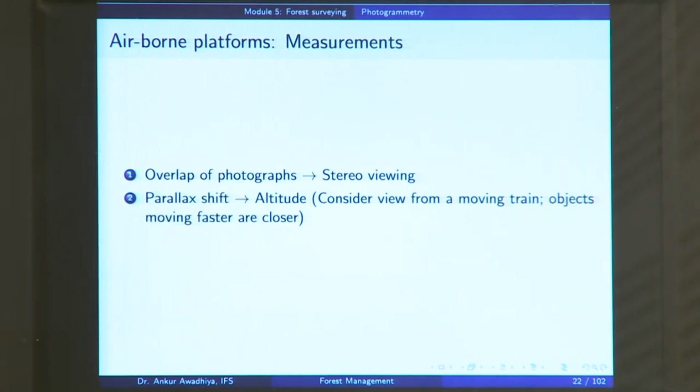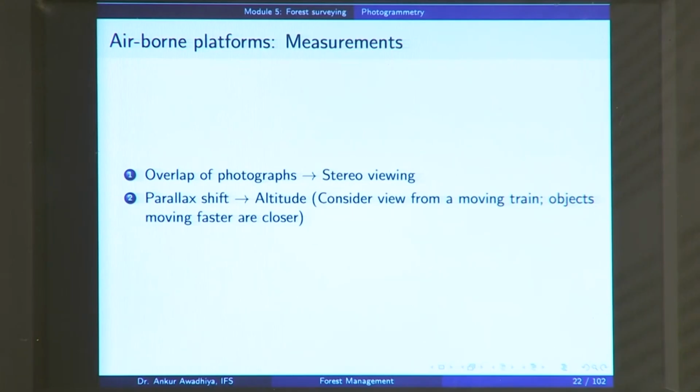Now, in the case of parallax shift, you can consider that when you are moving on a train journey and you look outside the window, the trees that are closer to you appear to be moving at a much faster speed as compared to the trees that are at a far off distance. Now, this sort of information is made use of when you are processing the images, because when the aircraft